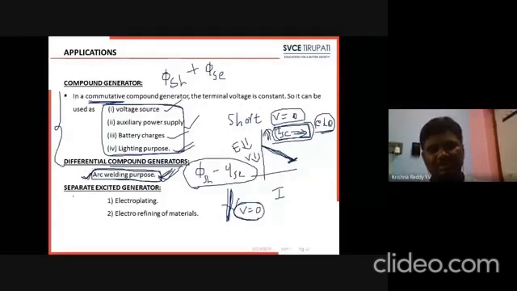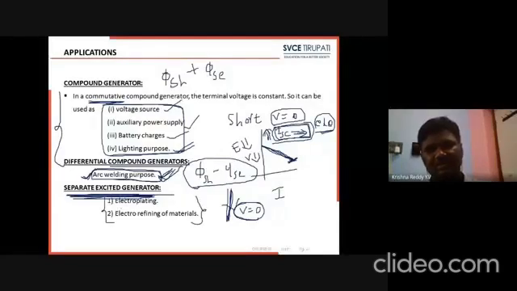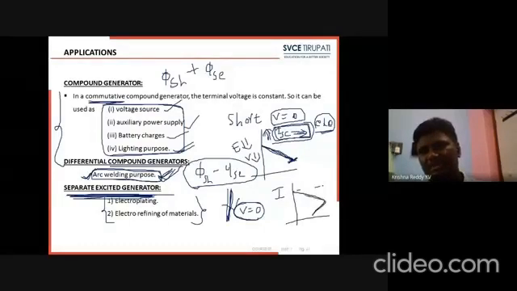What are the applications of the separately excited generator? These two are the applications of the separately excited generator. In the case of the separately excited generator also, the terminal voltage is approximately constant, but as we keep increasing the load, we get drooping characteristics like this. Depending upon this drooping